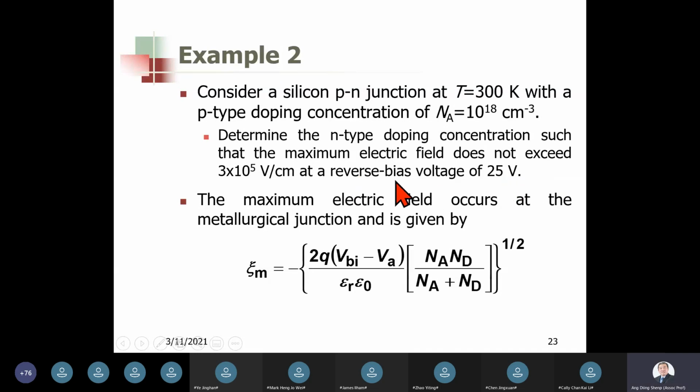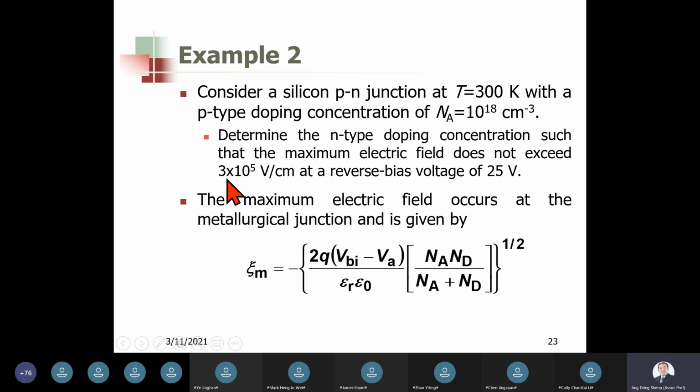Remember, when a reverse bias voltage is applied, the junction electric field is increased. And in this example, we need to determine a suitable n-type doping concentration such that the net junction electric field is smaller or at most equal